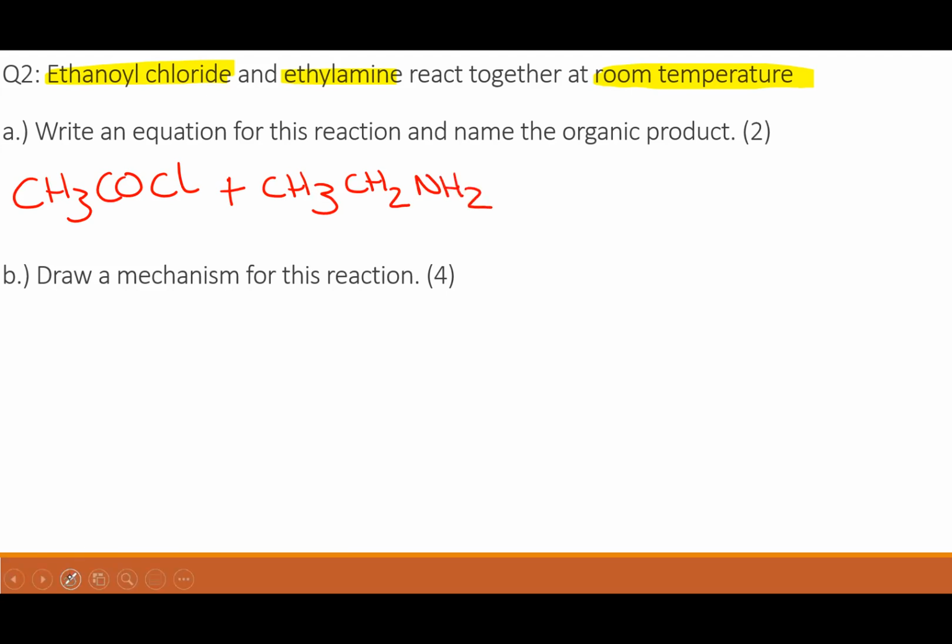And remember, it makes an N-substituted amide. So what will be produced is this: